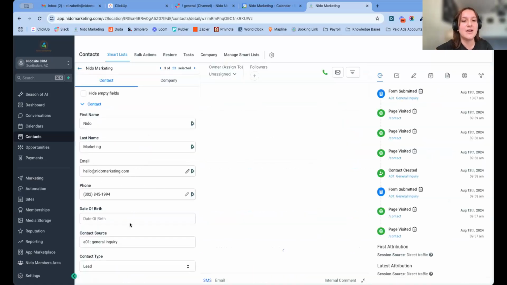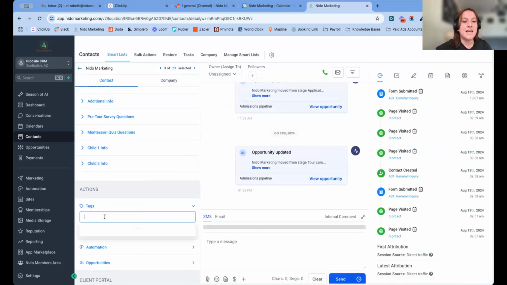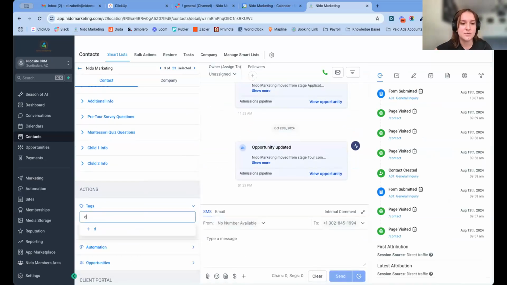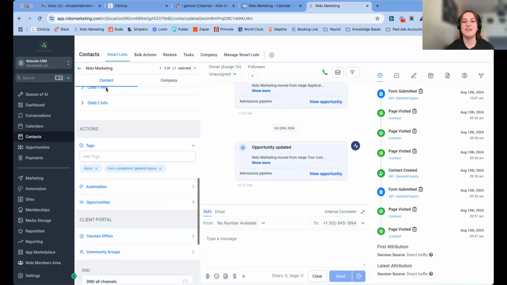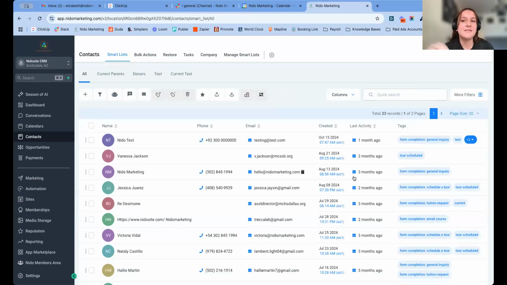To add a tag manually, you can open the contact and then scroll down on that side of the screen. And on tags, you can search for the tags that you want to add and just click on it, and then you will just add the other tag. So if you had specific groups in your school you would like to create a tag for, let's say you have an enrollment process that you want to complete, you can just create some tags and then